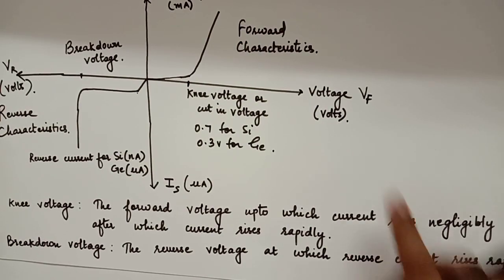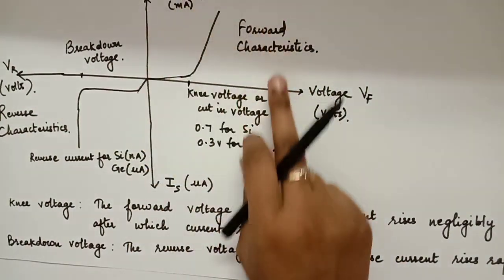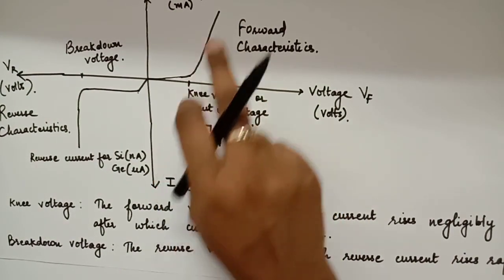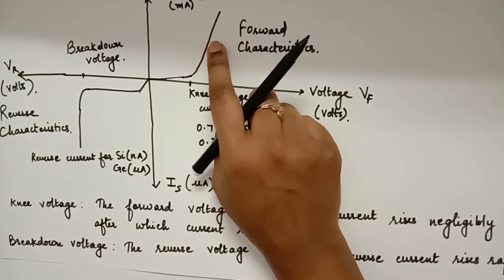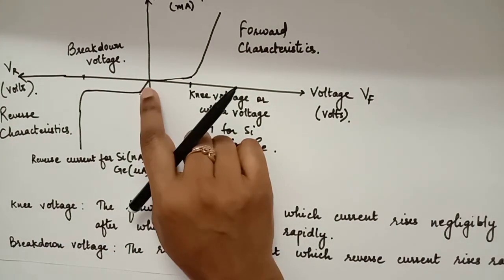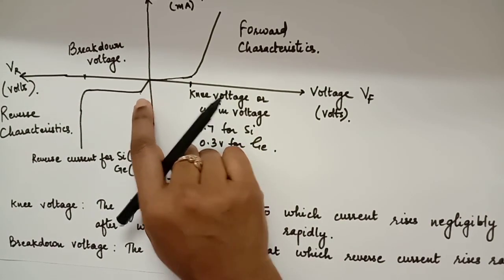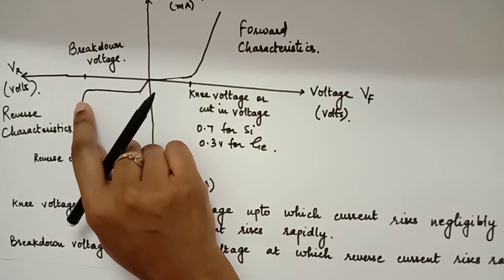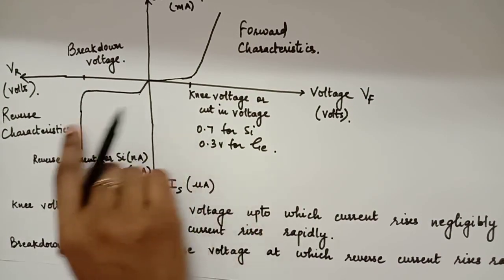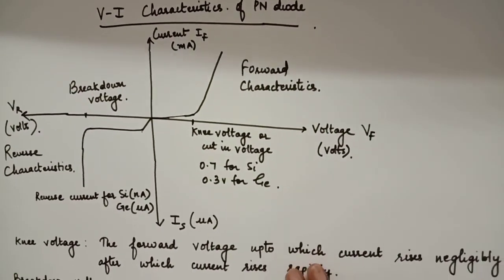And if the question comes, you first need to draw this graph and mention each and everything. Then you need to mention what happens in the forward bias, that the current rises negligibly till the knee voltage, and after that knee voltage is reached, it rises rapidly. Then you define the knee voltage. After that, move on to reverse biasing, and you need to tell that during reverse bias a small current will flow, called reverse saturation current, which then becomes constant with the applied voltage, and at a certain value of breakdown voltage the reverse current will rise rapidly, and you can mention these values. So this is how we will explain the VI characteristics of diode.